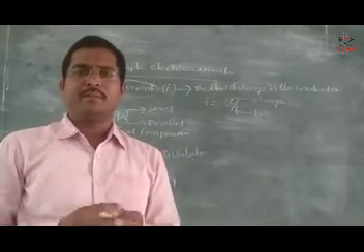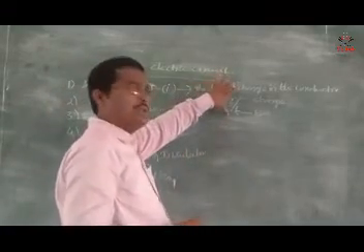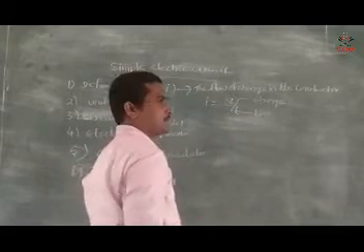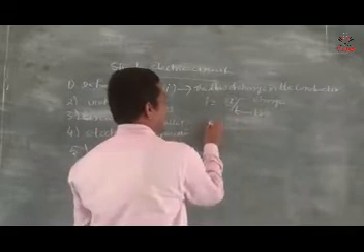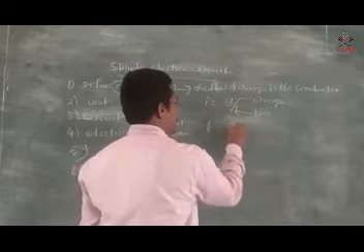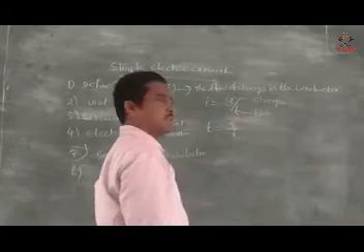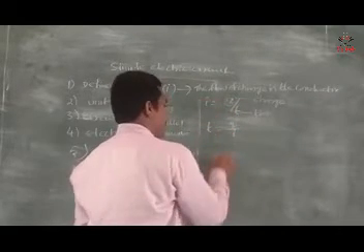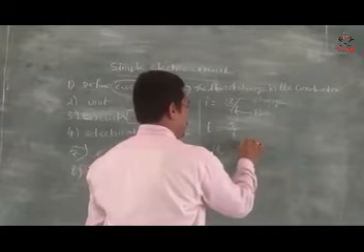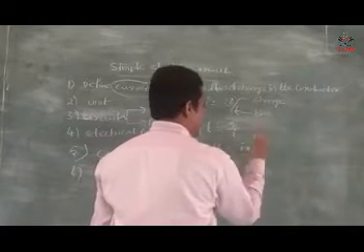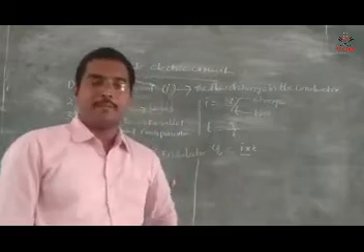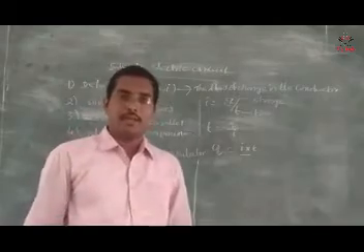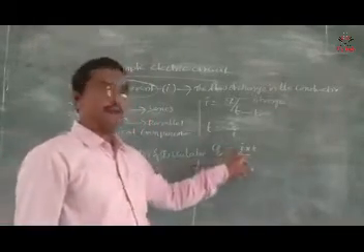Very important, my dear. The current I is equal to Q by T. Note down, everyone. If you want to calculate time, T is equal to charge by current. If you want to calculate charge, Q is equal to current into time. What is current here? The flow of charge in the conductor is called the current. The symbol of the current is I.